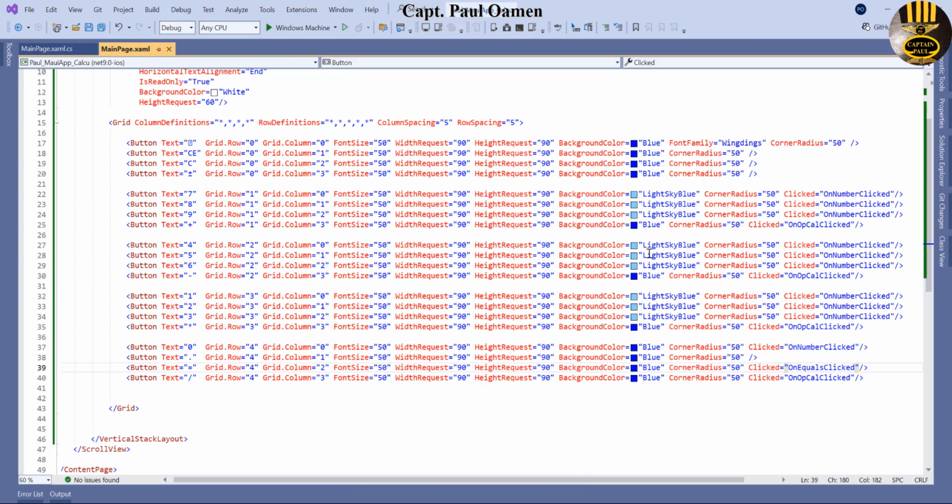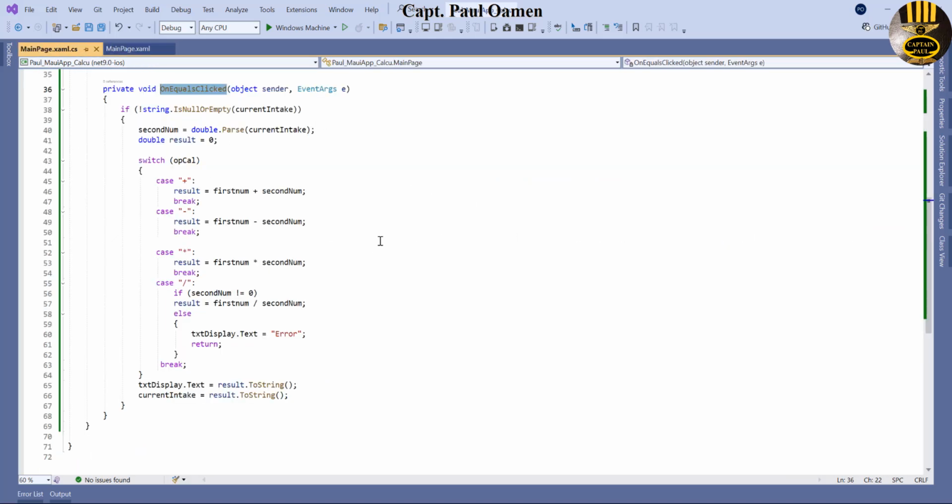Equals is out of the way, guys. Now, let's take care of all these other operators. Clear entering, clear, plus minus, and we will also have to take care of the decimal place. So let's come in here. I'm going to take care of the